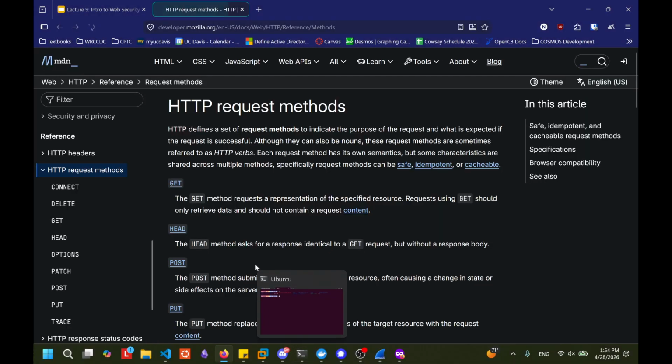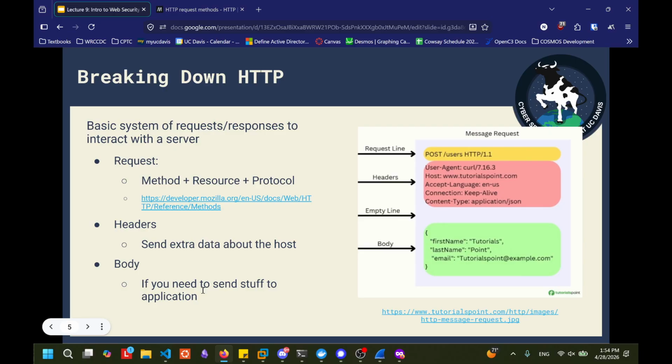Let me just pull it up. The most common HTTP requests are always going to be GET and POST. GET is kind of self-explanatory: I want to get a web page, give me it. POST, you see that this one has a little bit of body. Can anyone guess what POST is intended to do beyond just getting data? There's a body in there that you're sending to the server. Sending data to this form. Yeah, you're sending data back to the server.